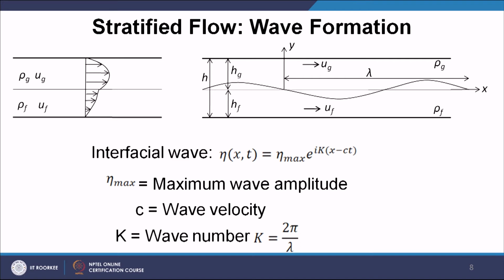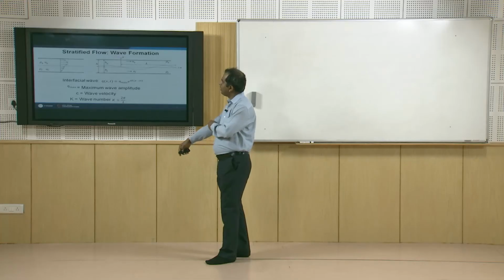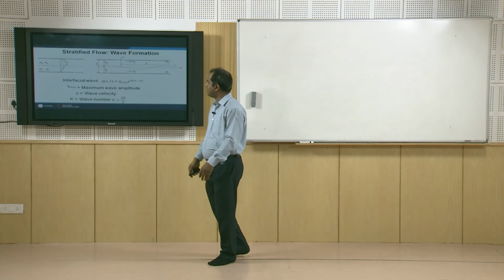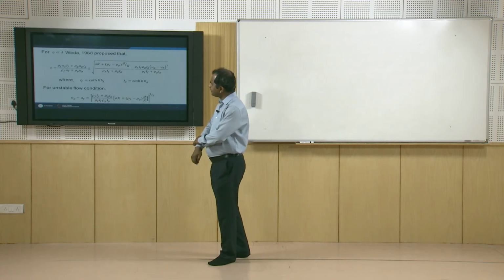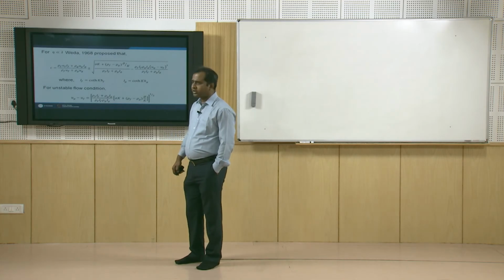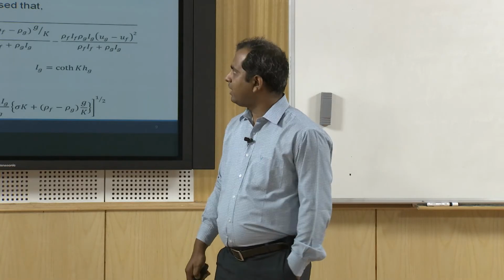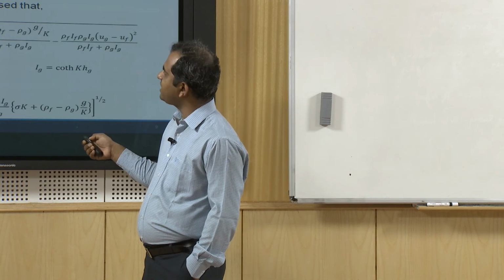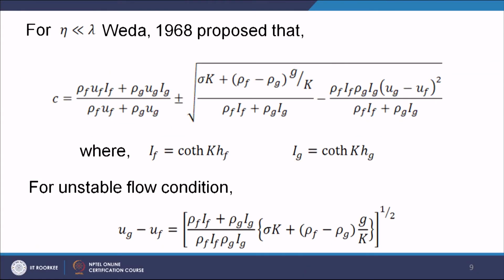Okay. So, let us try to assess what happens if we impose this wave on this non-undulated structure of the stratified flow. First, if we want to calculate the wave speed, we will take one important work done by Wallis. He has given in 1968 that this wave velocity can be approximated as (rho f uf if plus rho g ug ig) divided by (rho f if plus rho g ig), plus or minus root over of (sigma k, where k is the wave number, plus (rho f minus rho g) into g by k), once again divided by rho f